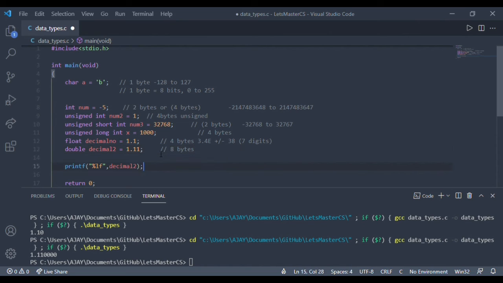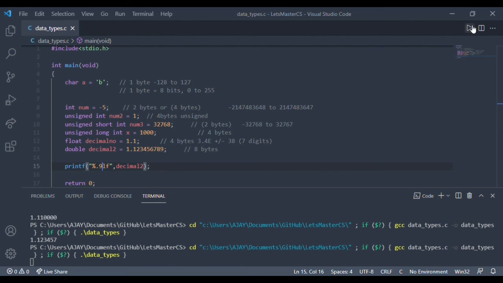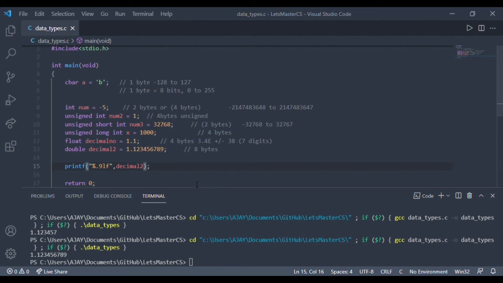It is of 8 bytes. We will check up to 9 decimal places. It is working fine.